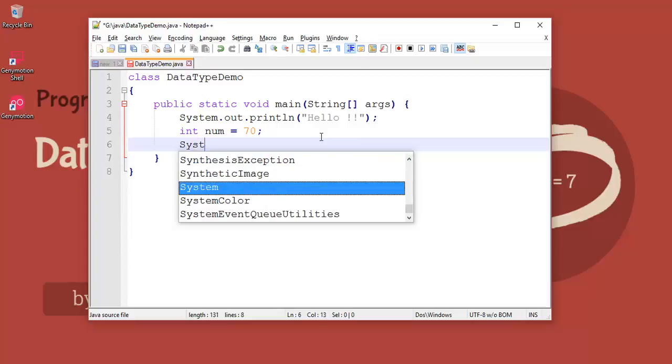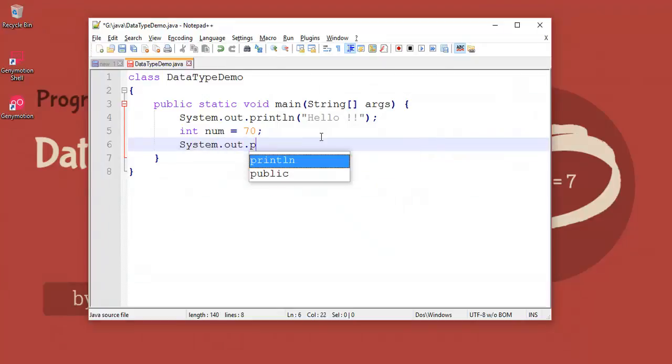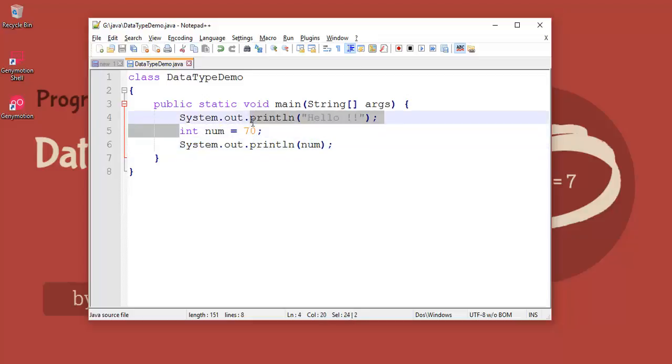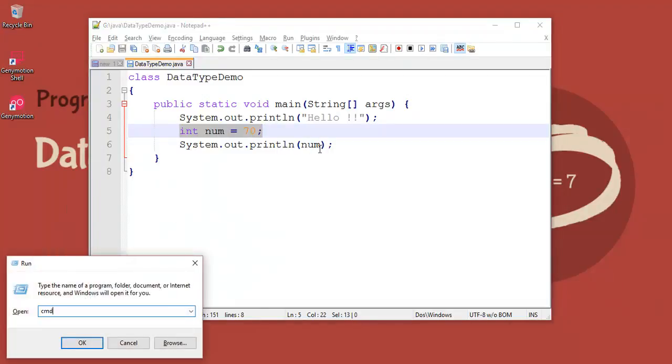And if I want to display this value, I need not bother about the address where this is going to be stored. I'll straightaway write the value num. Okay, so here you can see int num is equal to 70. 70 is getting assigned to the variable num, and then I am accessing it back. So I'll save this. Now let's open up the command prompt